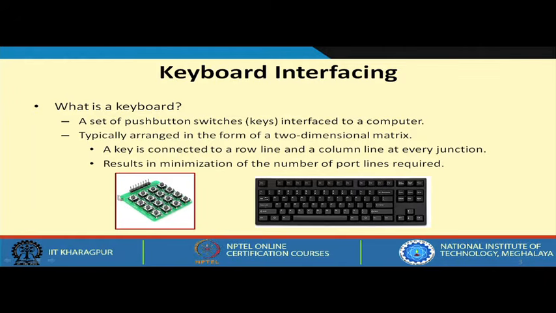So, this is an example of a small keyboard where you can see that there are 16 such keys, and this is a standard computer keyboard which is also conceptually very much the same. Now, in this small example, the 16 keys are organized in 4 rows and 4 columns. Now, logically speaking, we arrange the keys in this fashion only. Why? See, there are rows and columns, we connect a key at the junction of the rows and columns, like you see it is something like this.